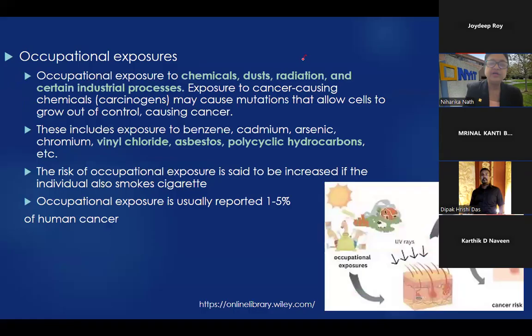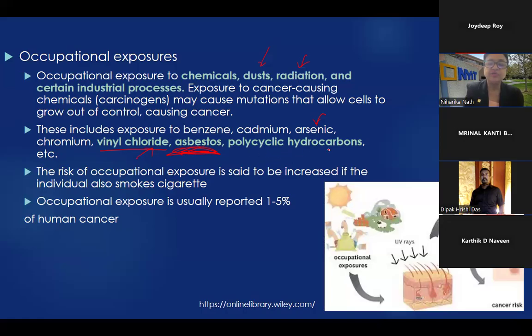Occupational: radiation, outside dust, all kinds of certain dust, and all the chemical carcinogens can cause that. Exposure to arsenic, cadmium, vinyl chloride, asbestos. Asbestos is a construction material. People who are breathing dust from asbestos construction material get lung cancer. And this is a big thing. For example, in the USA, all the asbestos is being taken apart, and they take great precautions to make sure there is no asbestos in the materials. Vinyl chloride, again, construction materials.